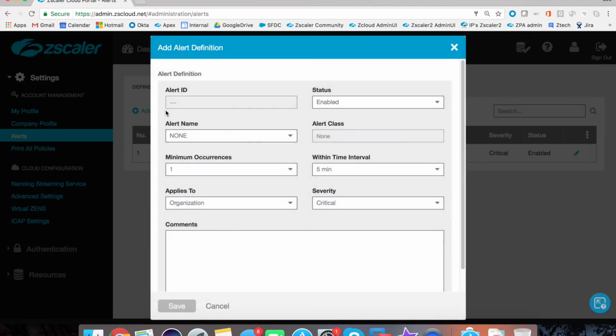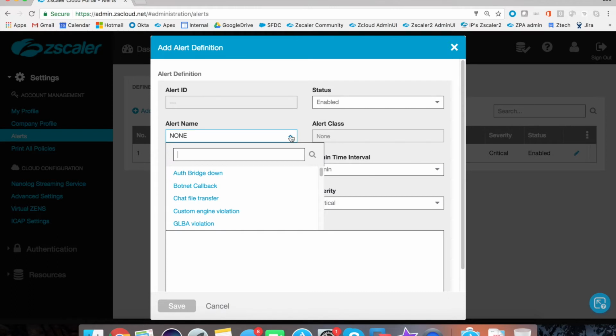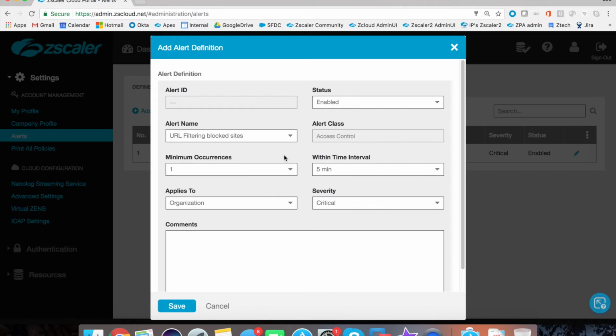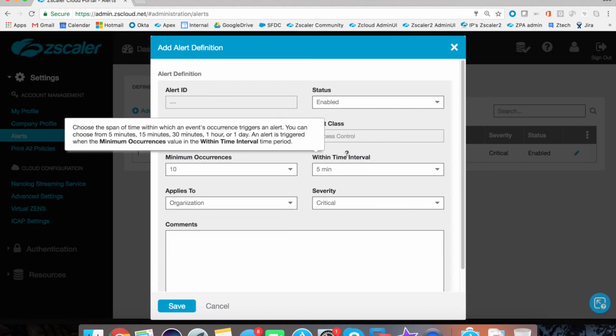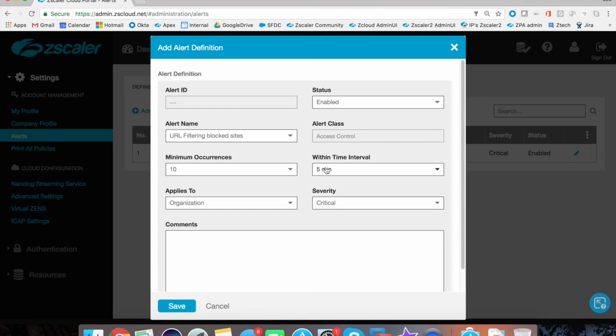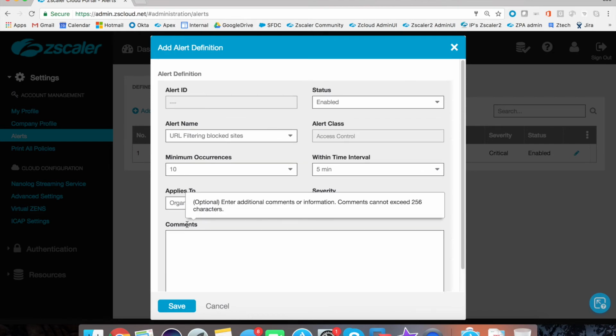We're going to add a new definition, and in my example here we're going to scroll down and look for, for example, URL filtering blocked sites, and we're going to tune this so that what we don't want is the accidental logs that a legit user will hit, say a website be blocked and typically go away. Well, in our example, those logs are coming thick and fast with that communication through PowerShell taking place, and so then maybe we might want to go for something like have 10 in 5 minutes. You're going to have to get this fine-tuned to how you want that set up,